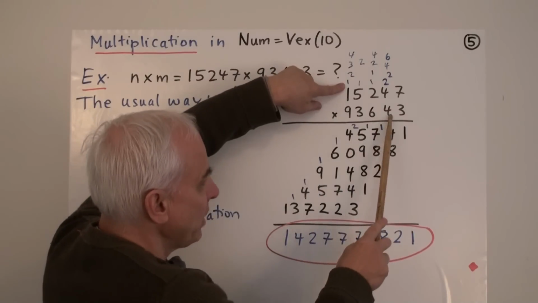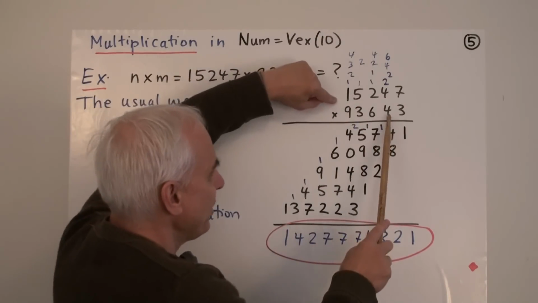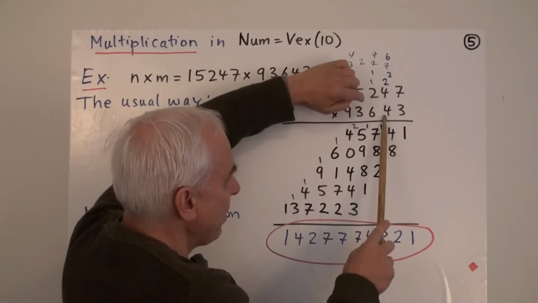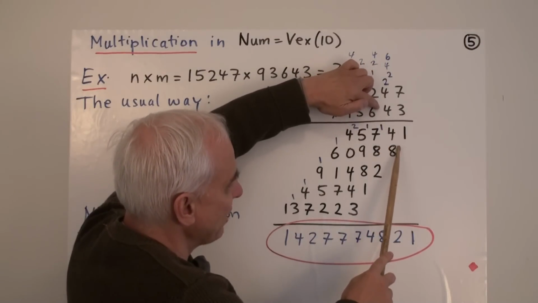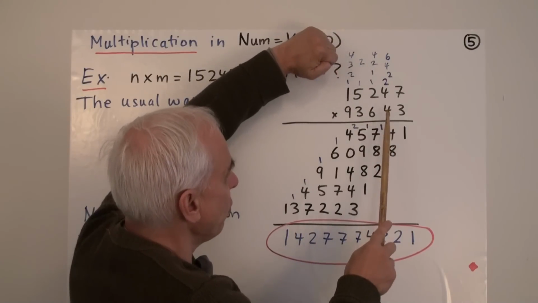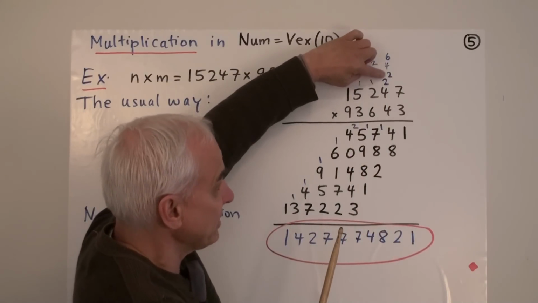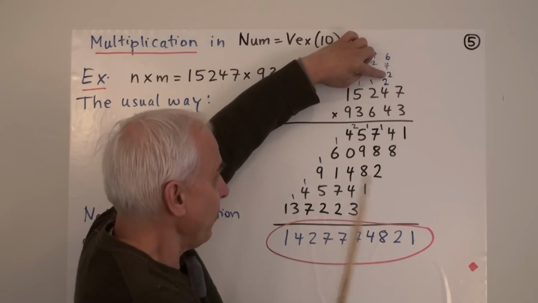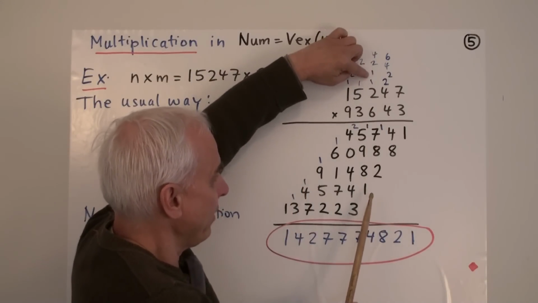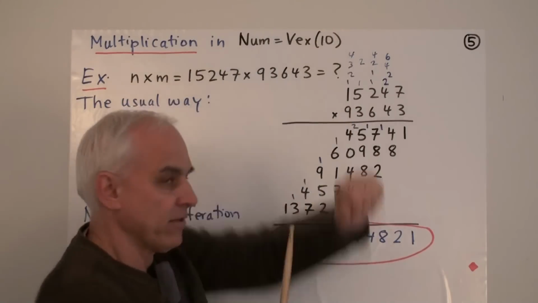Okay, and then at the next stage, we multiply by this 4, as you all know. I know you all know this, but let me do it anyway. So 4 times 7 is 28. So there's an 8 now. But because we're multiplying by this one here, we have to start 1 over. So we put the 8 there and carry the 2. We put the 2 up here. 4 times 4 is 16 plus that 2. Actually, it's that 2 there, the second 2 that was a carry. 4 times 4 is 16 plus the 2 is 18. So there's an 8 and then a carry of 1. And then 4 times 2 is 8 plus 1 is 9. And we carry on like this.